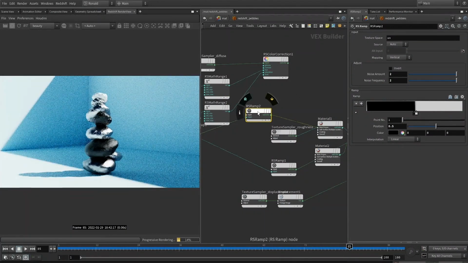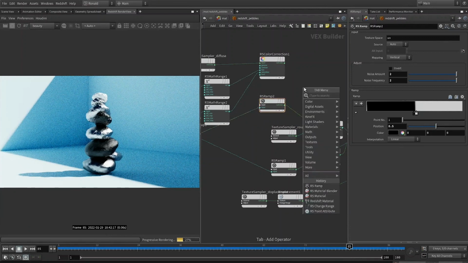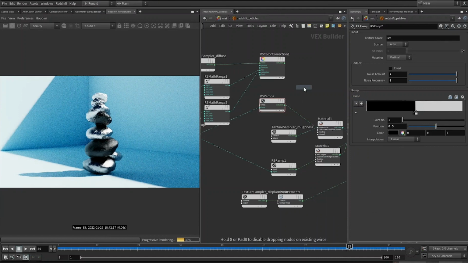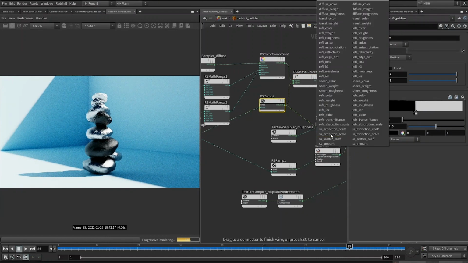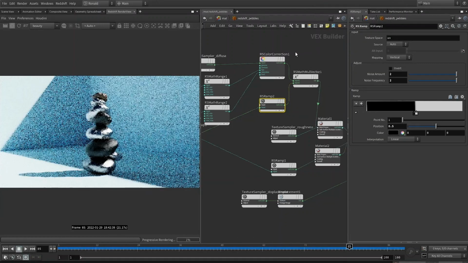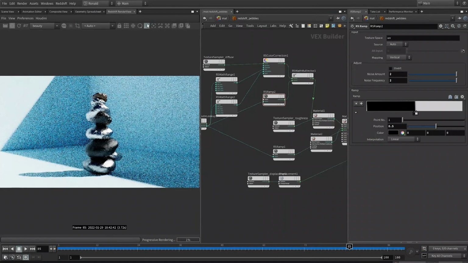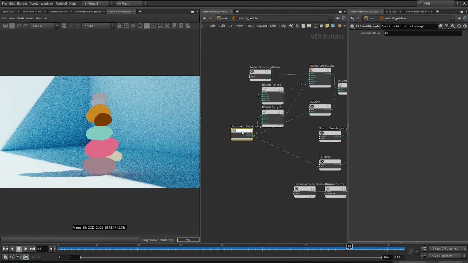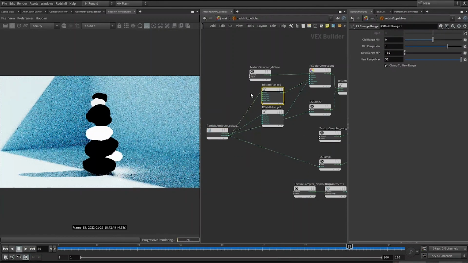The only problem is that they don't look so natural, so I may want to multiply this, vector multiply, with my brown texture that I prepared earlier, and just wire it back into the diffuse color like this. I can click on the isolate select and show you what's been done so far. So this is the CD attribute. We are taking only the scale attribute, the black and white information,